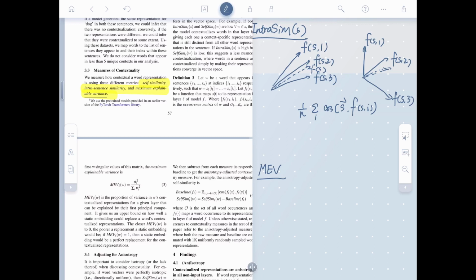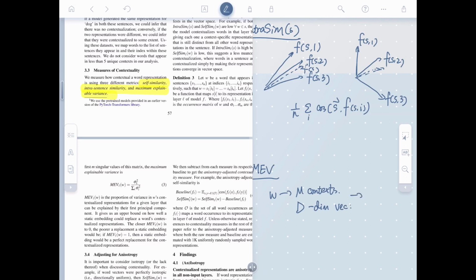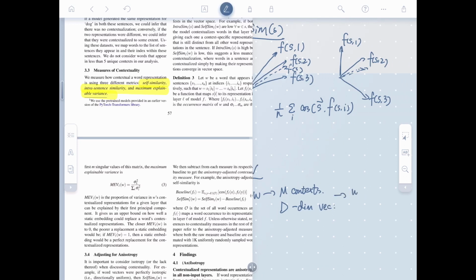So in contextualized word representations, if a word occurs in M contexts, each one contains a D-dimensional vector, then the representation of this word,